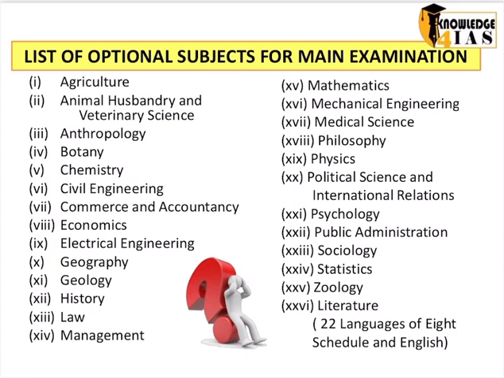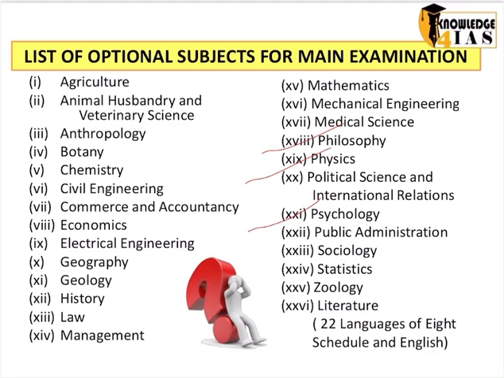Now, these are the optional papers which you can see on the screen. Out of these optional papers, we have to select any one optional paper. And there are optional papers like PSIR, psychology, philosophy, then we have geography, sociology. So these optional papers are a little more popular, that is PSIR, then psychology, geography, sociology. These options are more popular, but the data shows that the aspirants take almost all of these optional papers that you can see on the screen.